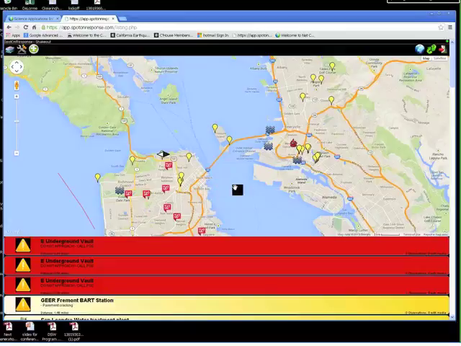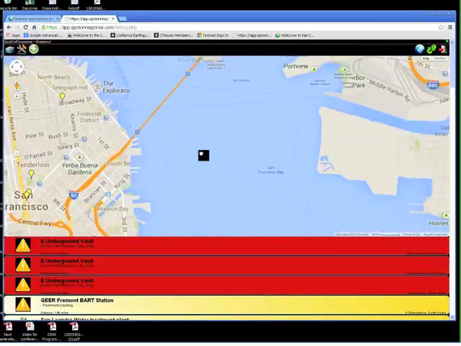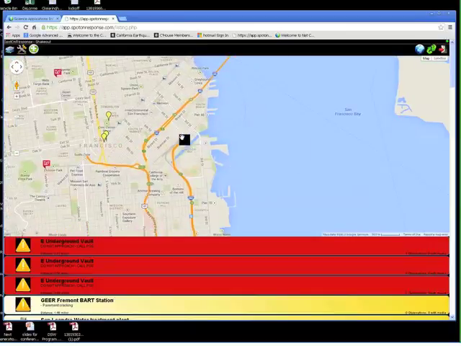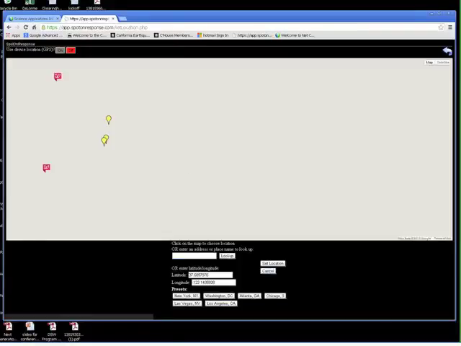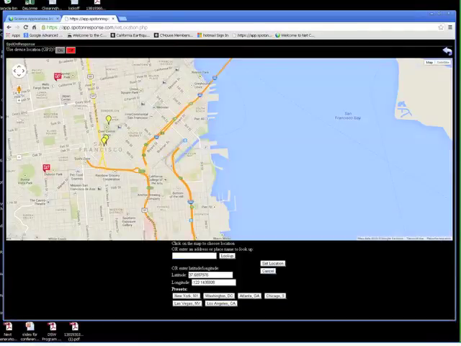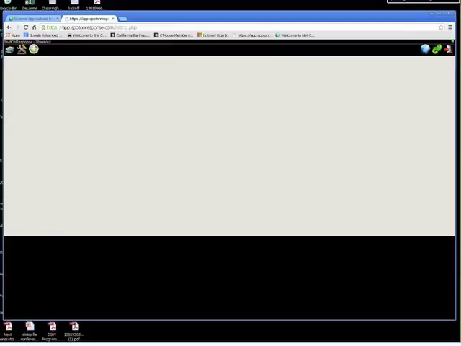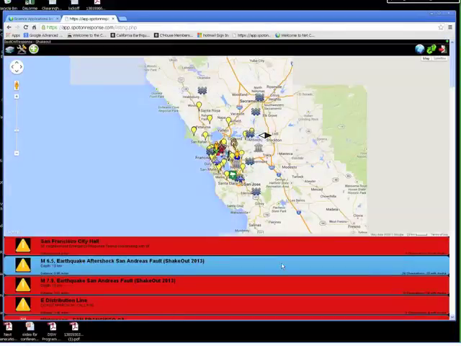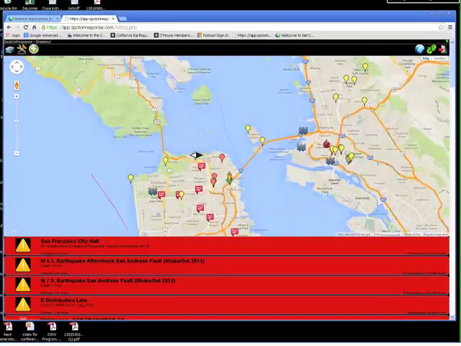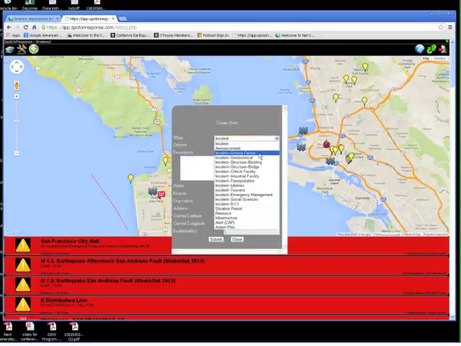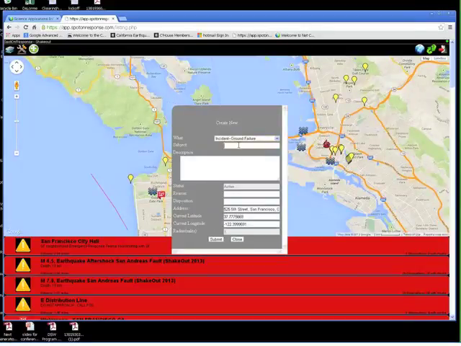Okay, thanks. So I mentioned these incidents come in from our different partners, and you're going to see more about that. But I can also create an incident. So I'm going to actually create one on the fly for you. I'm going to use set location, and come in here to Fifth and Bryant, which was an area that was heavily damaged in 1906. So I'm going to set my location there. I'm going to zoom in a little bit so I can see it. Then I'm going to use the green button, and I'm going to say it's an incident, and it's ground failure. And I'm going to call it